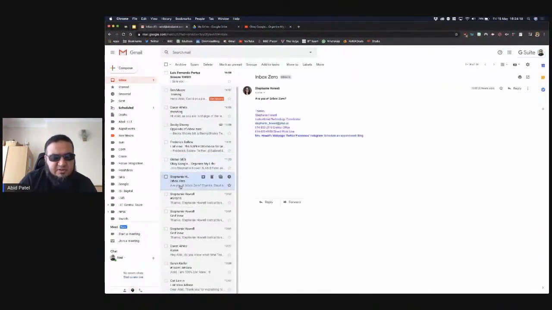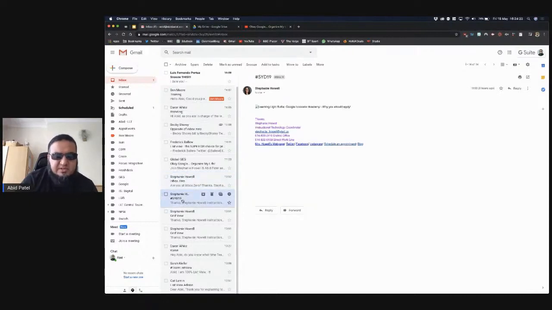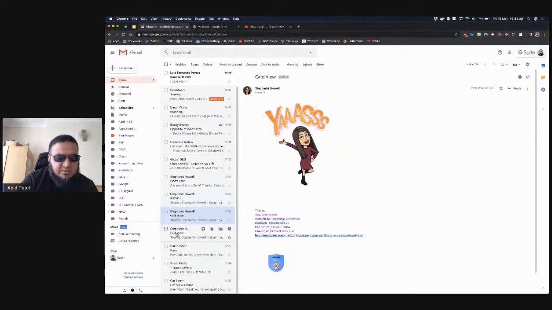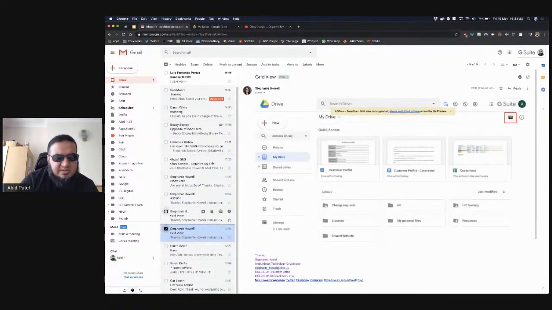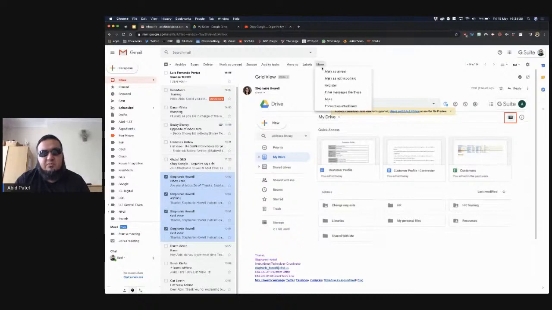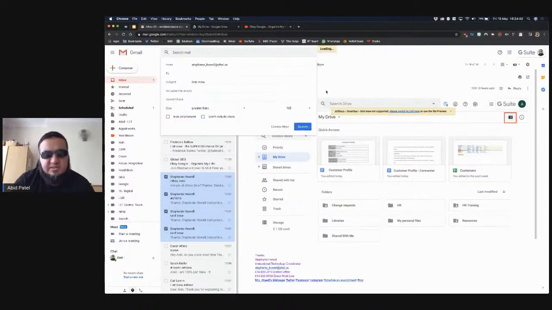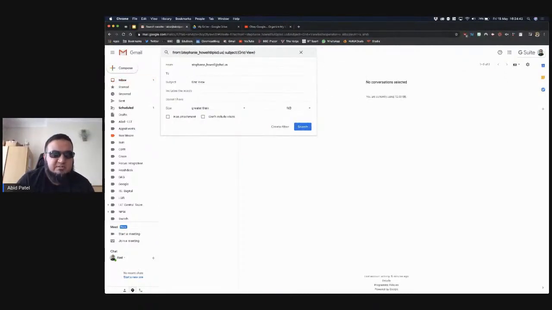But I've got a few emails here from Stephanie, right? And she's talking about inbox 0. She's talking about Sydney 19. She has some very disturbing views about Sydney 19. Grid view, yeah, we don't like that. You know what? We don't really like seeing these emails from Stephanie. So what I can do is I've selected these emails, and I can click on more and then filter messages like these. And because Stephanie's such a bad person and we don't really like her, what I can say is I can